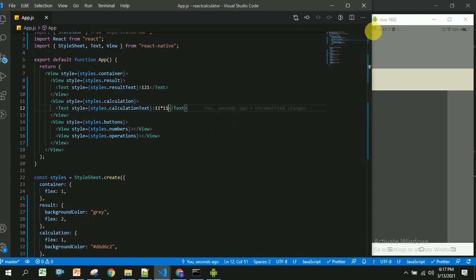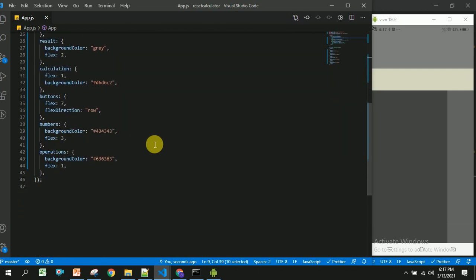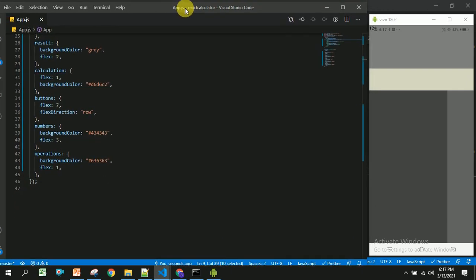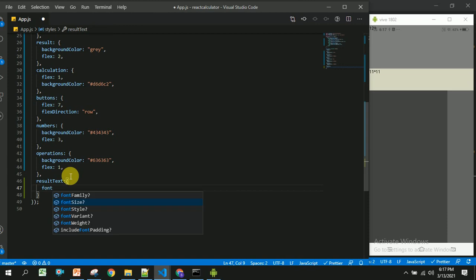So in order to get this 121 here, we have to apply some styles. I am going to take this result text, and I am going to apply font size as 30 and font weight as bold.